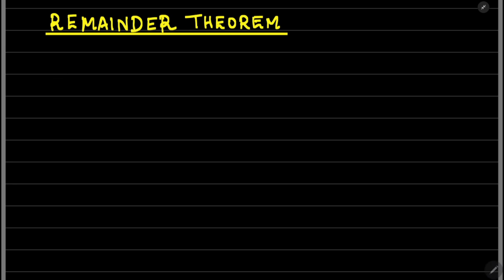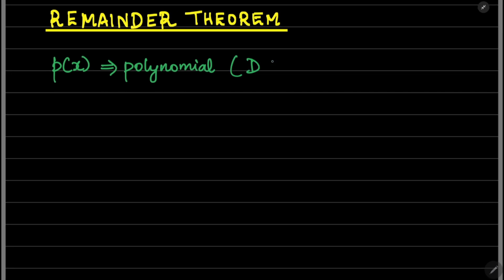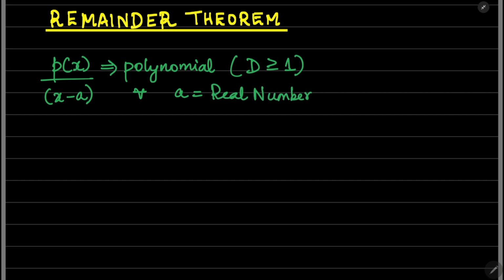So in the remainder theorem, suppose you have a polynomial p of x, a given polynomial of degree greater than or equal to 1, and this polynomial is divided by, say, an x minus a term, where a is a real number. Then your remainder, according to the remainder theorem, will be